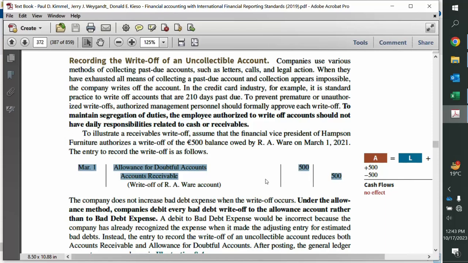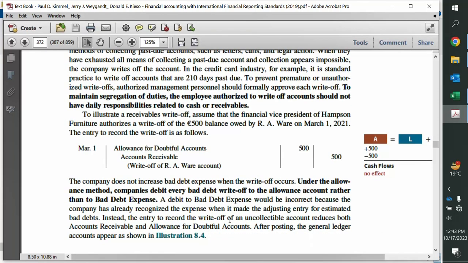Now, remember the term carrying value or book value means the net value which is shown in the balance sheet. So what is the impact of this entry on the net value of receivables shown in the balance sheet? Just ask these three questions, think over them, reflect over them, and then answer in the class, or maybe discuss these questions among yourselves.